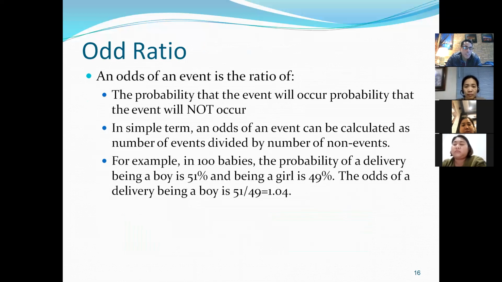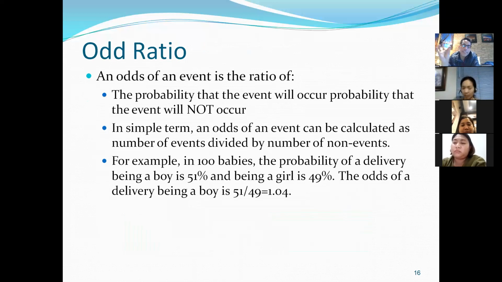So this is a very tricky statement. You have to really pause. In simple terms, the odds of an event can be calculated as the number of events divided by the number